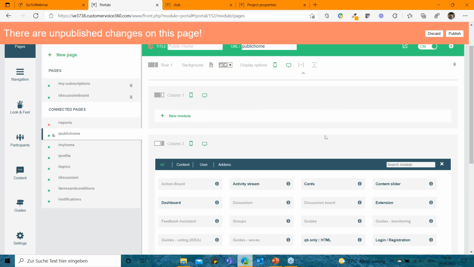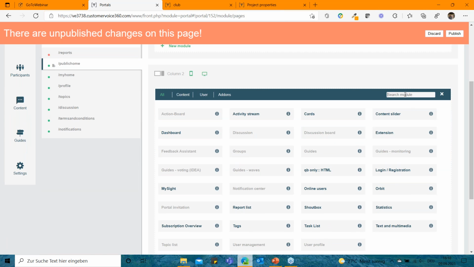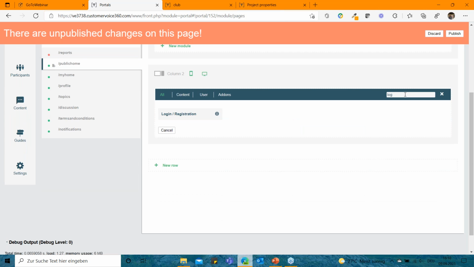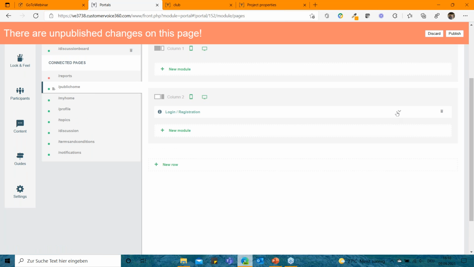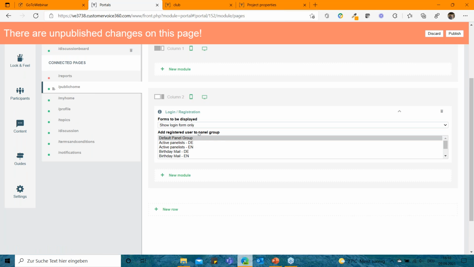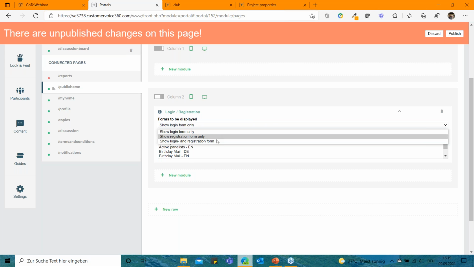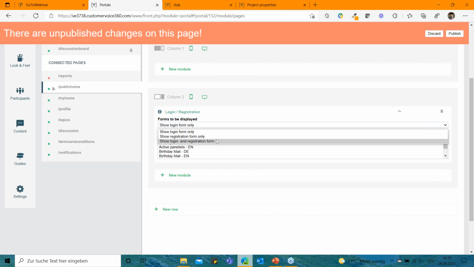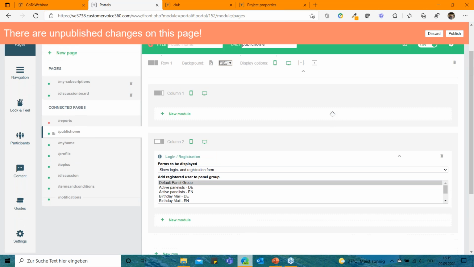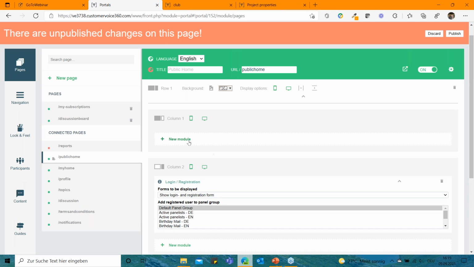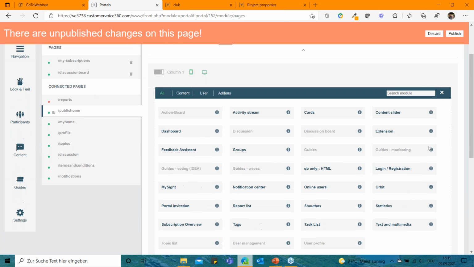And here I add the login module. I can also search, of course, for modules. I don't have to find them in this list. Login registration. I say I want that everyone, or that people who register go to this group. I can decide if people use a login form only, a registration form only, or a login and registration form. Maybe in this case, we want to log in and allow people to register, and we want to add a